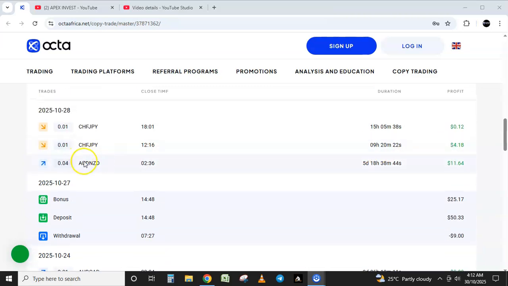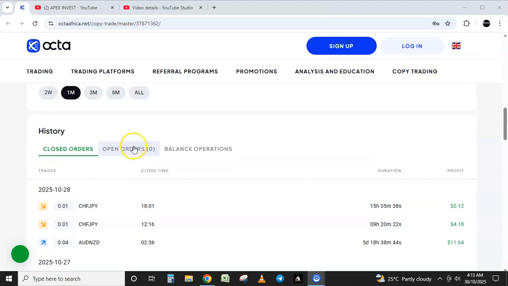Then this is also Aussie NZD. Then we became bullish. We started building a bullish momentum on the Japanese yen after everything that happened, the economy and the political turmoil, the new prime minister wanting a looser policy and all those things. After building those cases, we were able to catch this trend before the BOJ meeting. So we are done for the month. We closed out the month on a positive.